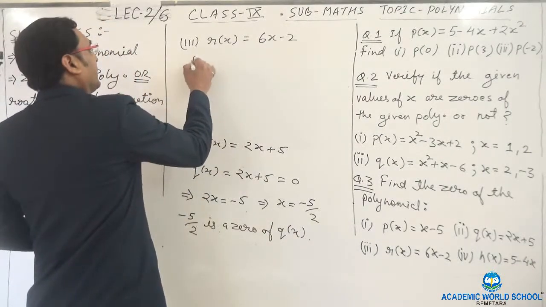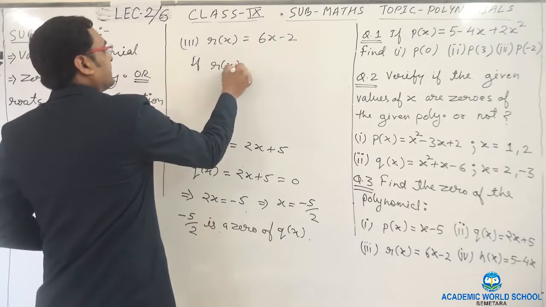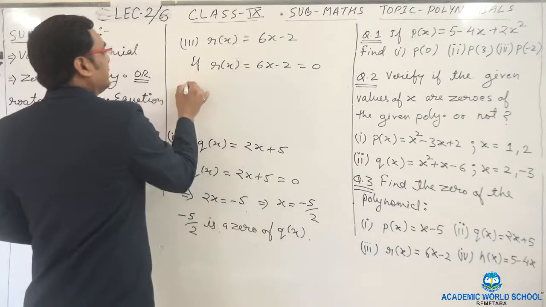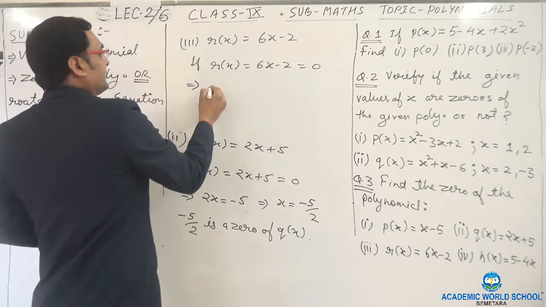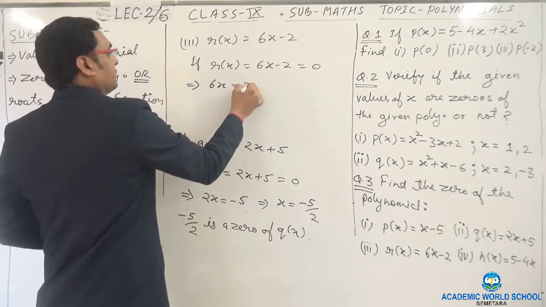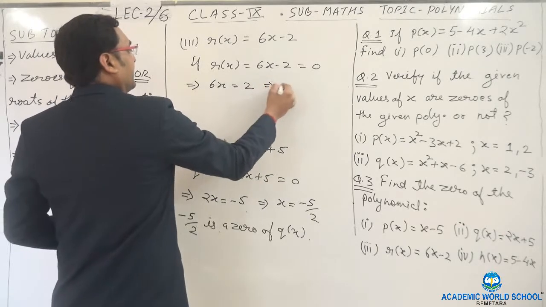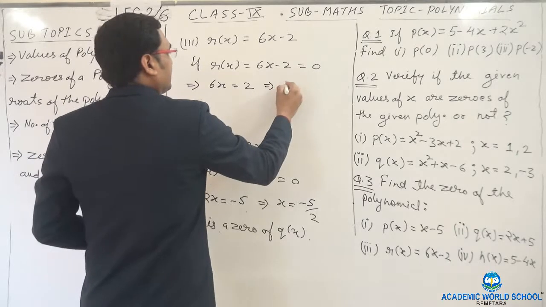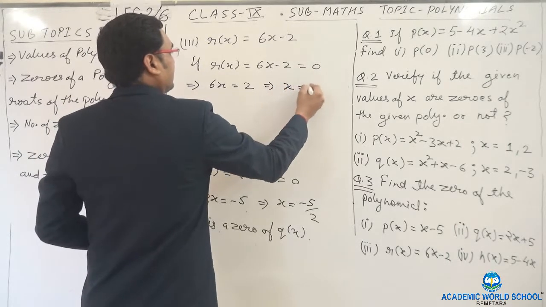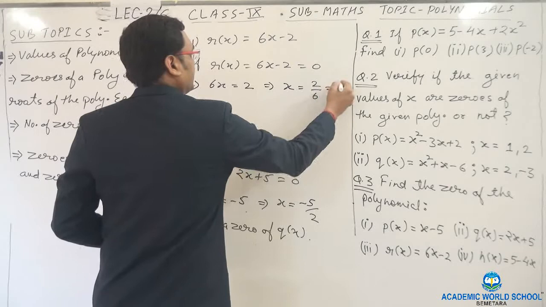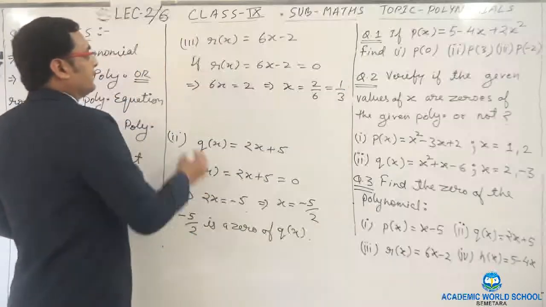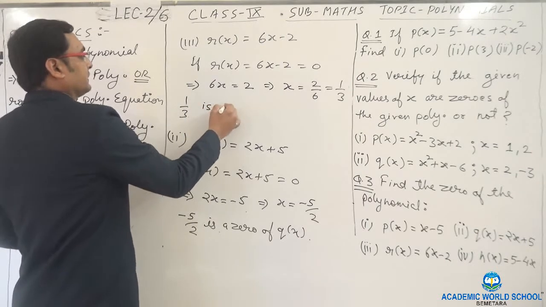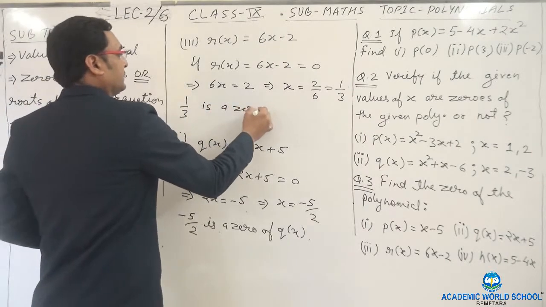So if r(x) is equal to 6x minus 2, which is equal to 0, this implies, solve this equation, 6x is equal to 2, which implies divide by 6 on both the sides, you will get x is equal to 2 upon 6, which is equal to 1 by 3. So 1 by 3 is a 0 of